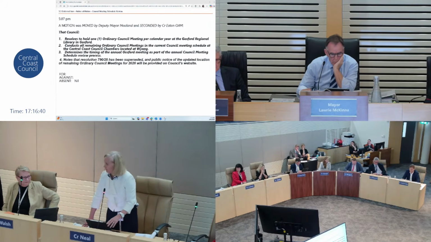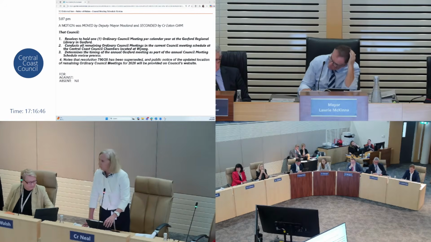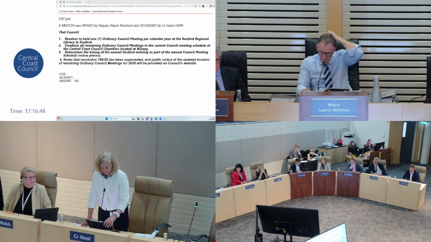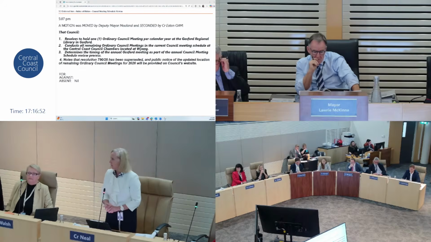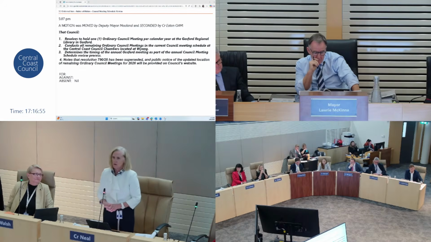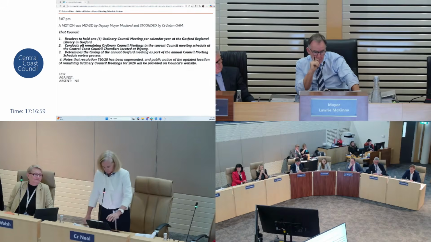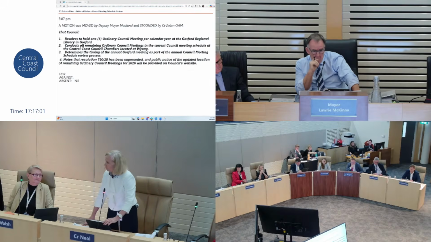And frankly, I thought that the use of the Gosford Library as a meeting venue was positive in all sorts of ways. I certainly saw no problem with the parking. I parked out the front quite easily and trundled out there to go to my car and go home without any problems whatsoever. I'm quite confused about this supposed allocation of $17,000 to meet there.